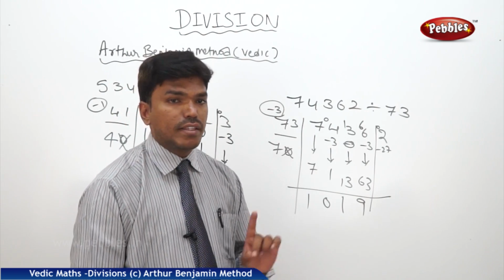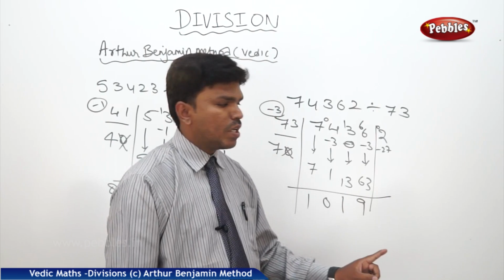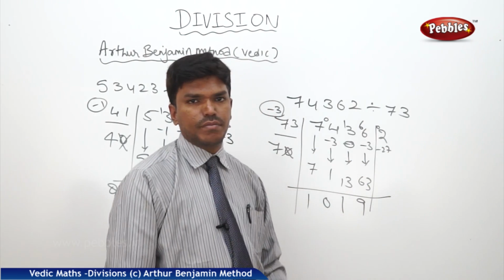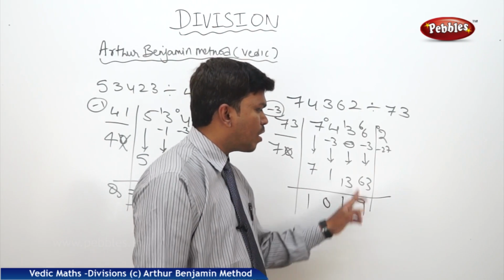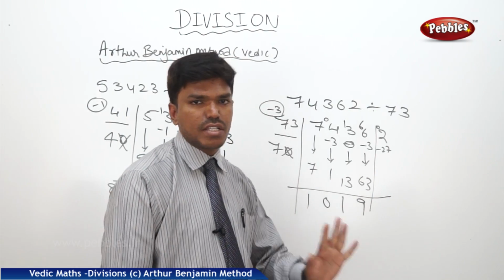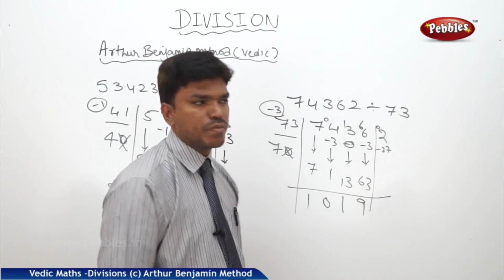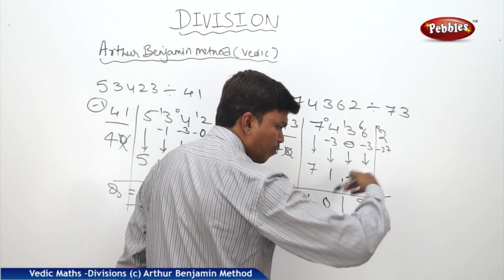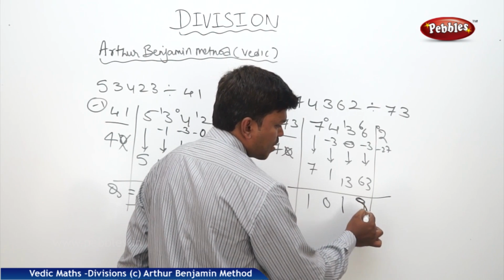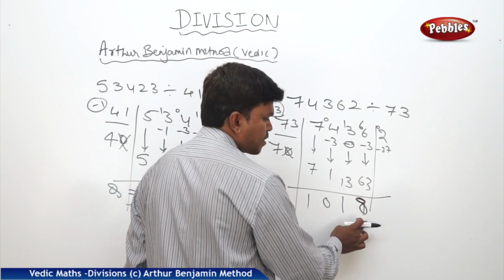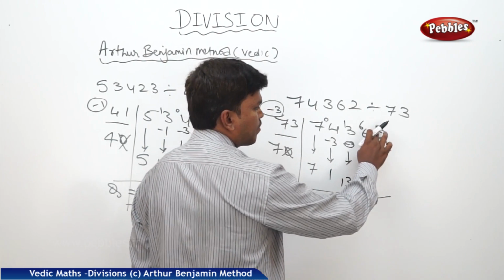Yes or no? At that point of time, what you need to do is that the previous quotient figure should be reduced by 1. That means we should not go for 7 nines or 63. Why? Because in the next digit the subtraction is not possible. So we have to reduce the digit by 1. So 7 8s are 56. If I take 56, what is my remainder? My remainder will be here